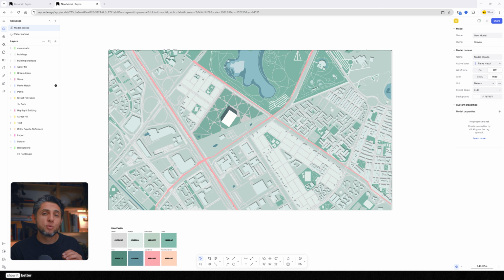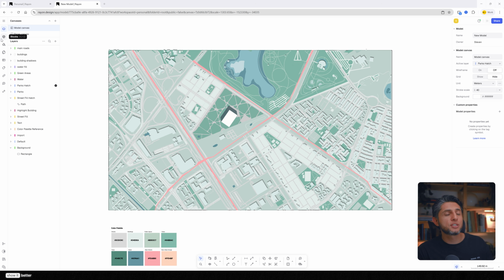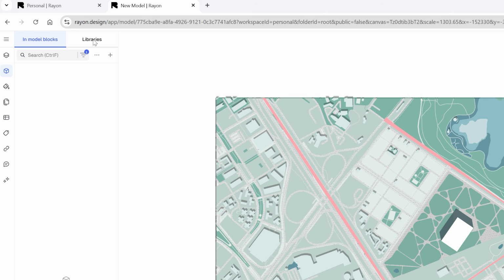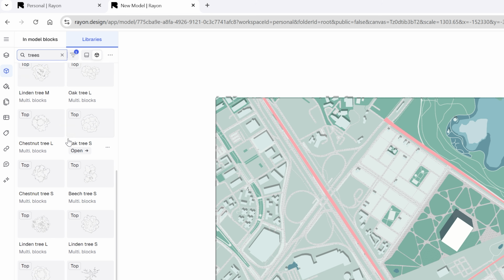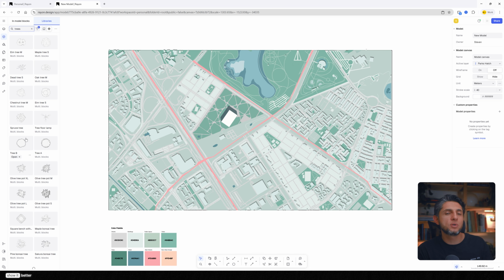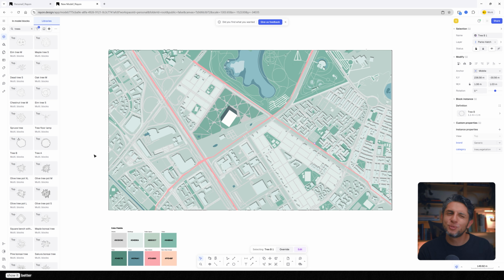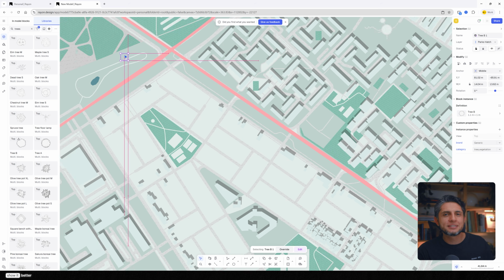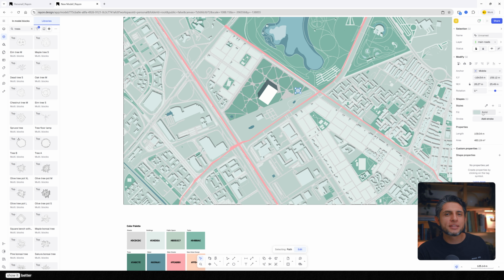Now, one very useful feature inside of Rayon is the block library. All you have to do is go to your left-hand bar, click on blocks, go to libraries, and search, for example, for a tree. Here you will see many trees to choose from. I'll choose this one right here that has a little bit of detail, but not to a point that it's too distracting. So I'll increase the scale of the tree, modify the color by using my color palette reference images,